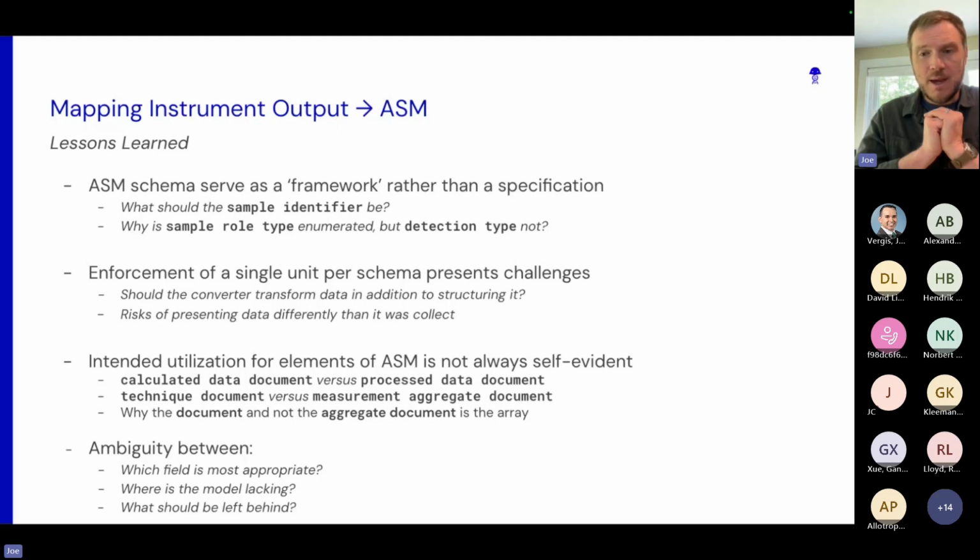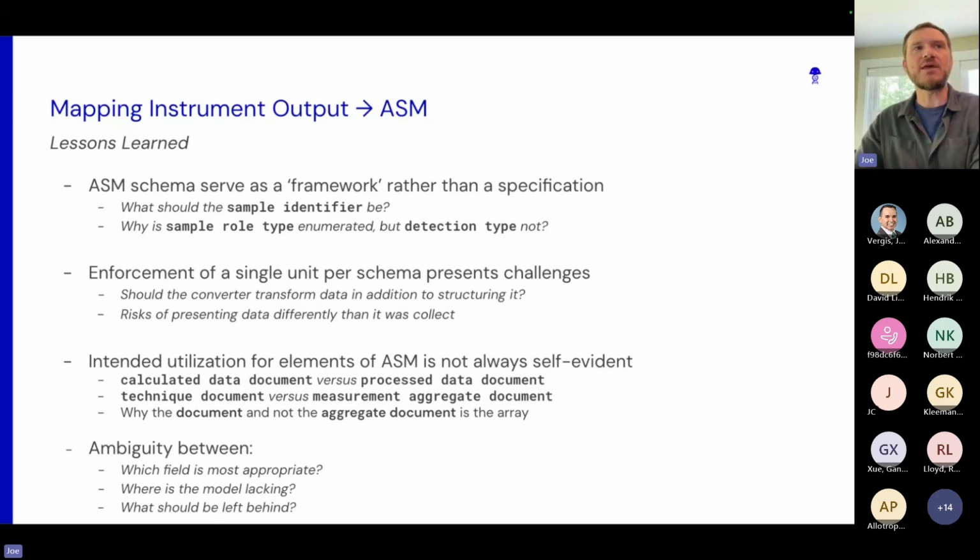Also, if you are using this to structure data that is then immediately returned to users, you run the risk of showing the data in a different format than they collected it in. Even for something as simple as changing from nanograms to milligrams, is it better to keep it as it was reported, especially since the model doesn't provide a means to record what it was originally reported in?